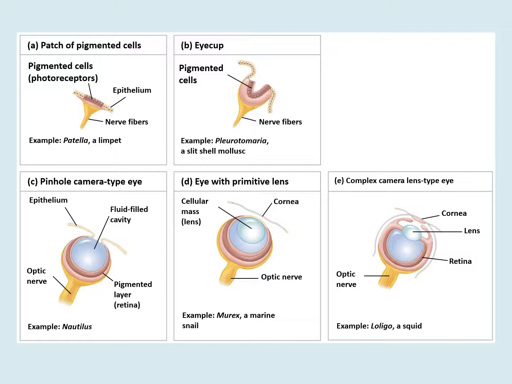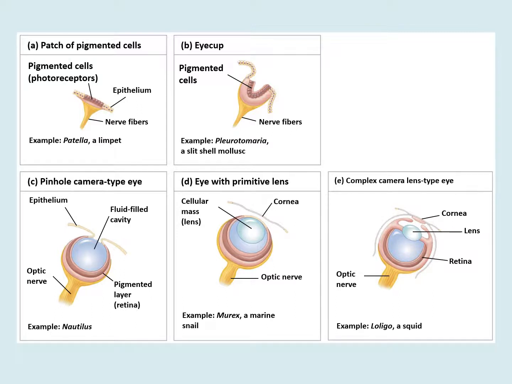Consider the prey species with this ability living on the bottom of the ocean. Being able to tell when a shadow passes overhead, perhaps a predator, would perhaps signal to the organism it should find shelter. As we follow along the panels, what is occurring is modifications to the eye which increase its visual